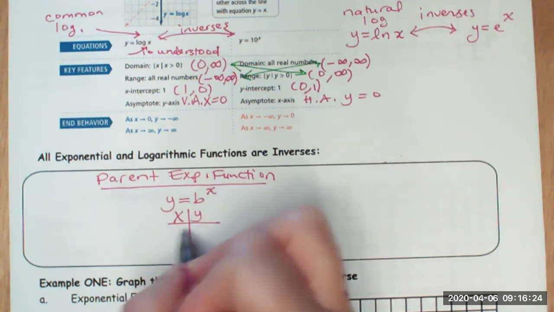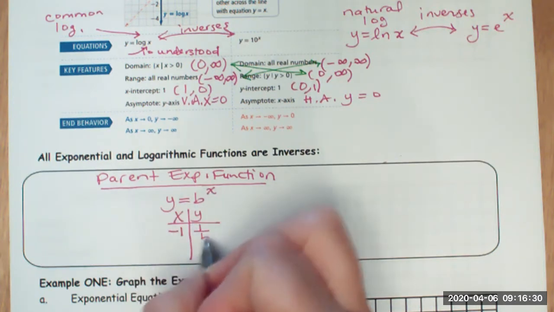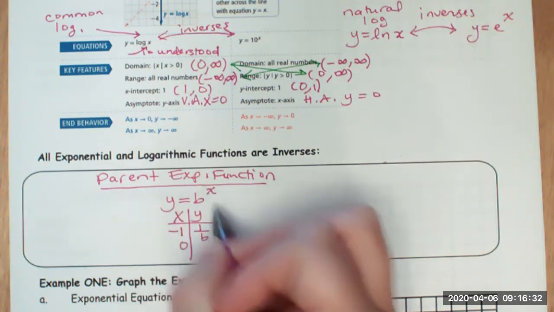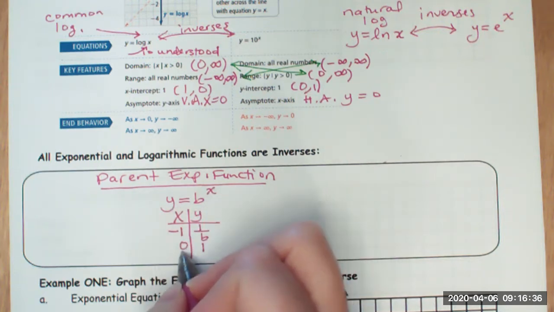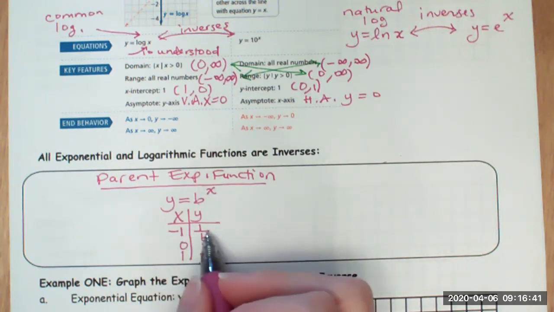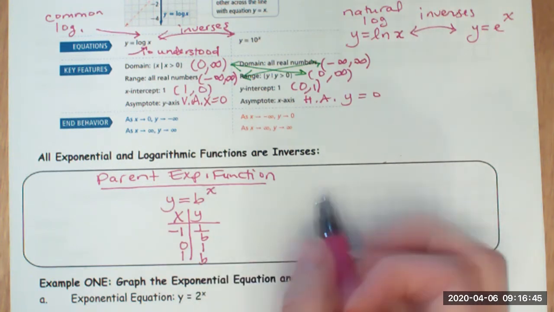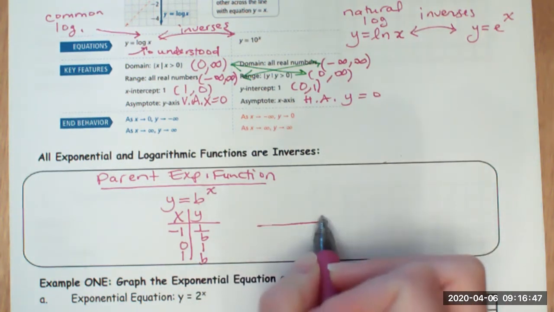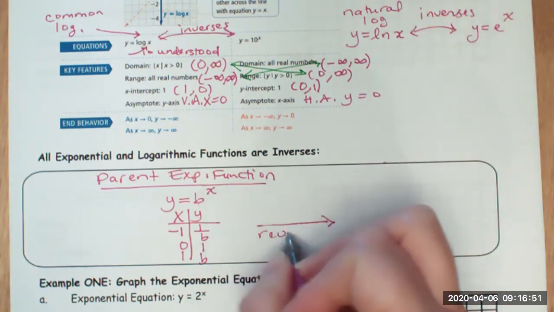We said when x was -1, b to the -1 gave us 1 over b. When x was 0, b to the 0 gave us 1. And when x was 1, b to the first power gave us b. We always had -1, 1 over b; 0, 1; 1, b. Okay? And so you can imagine when we go to the logarithmic function, which is an inverse, we just reverse